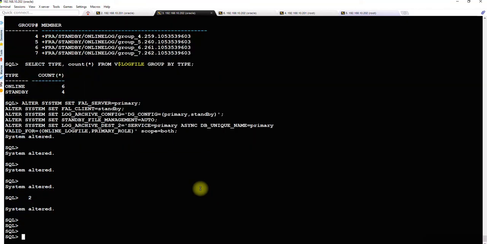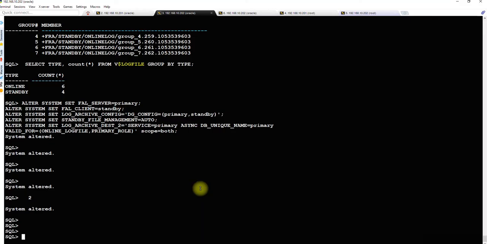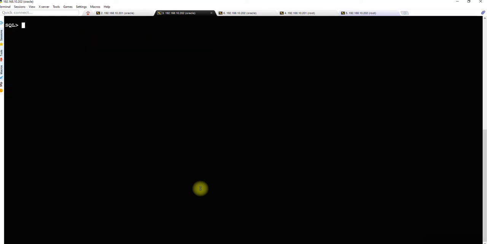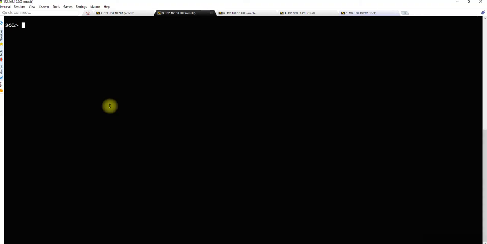Now we have to start the apply process. As soon as you start the apply process, MRP, you will see the MRP process, right? We have learned about the MRP and LSP processes. So let me clear the screen and we will run this. Need to check what mode the current database is in, and it will be in mount state.